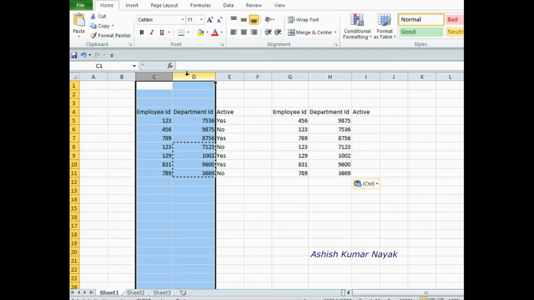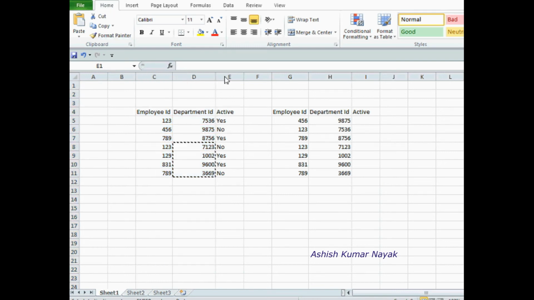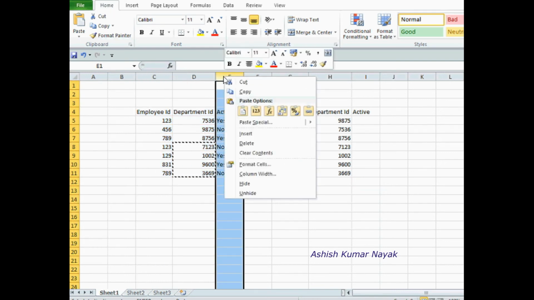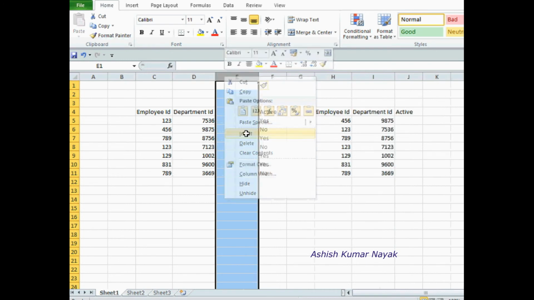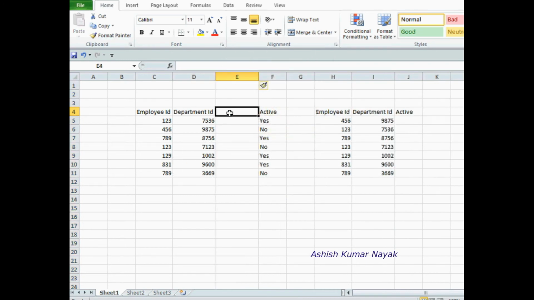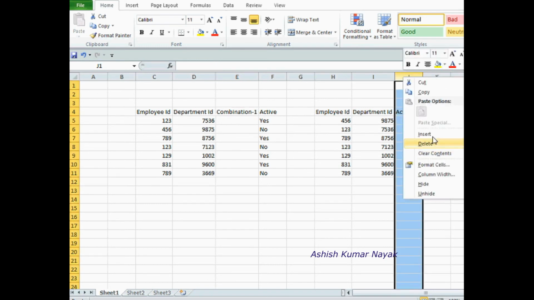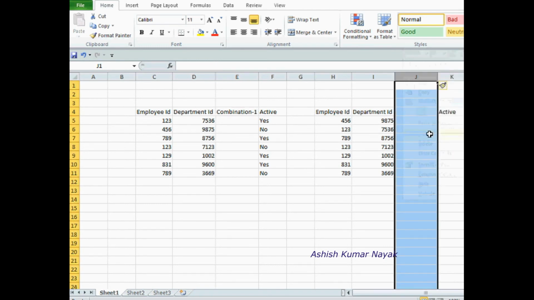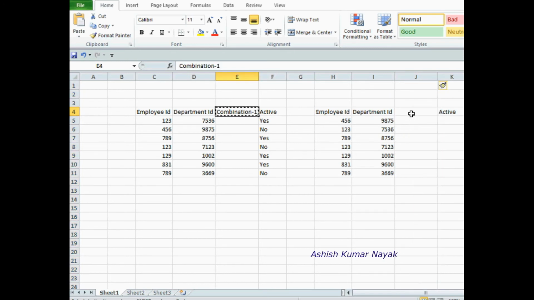How we are going to do this? For that, we will add one extra column here. I am giving a name combination 1, and the second table will add similar column combination 2.